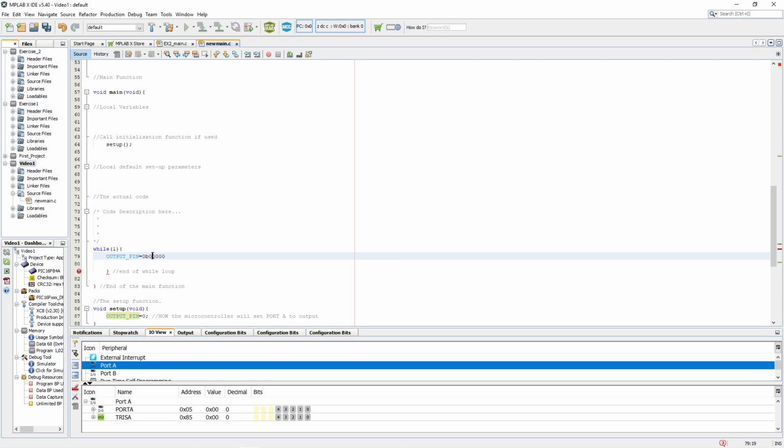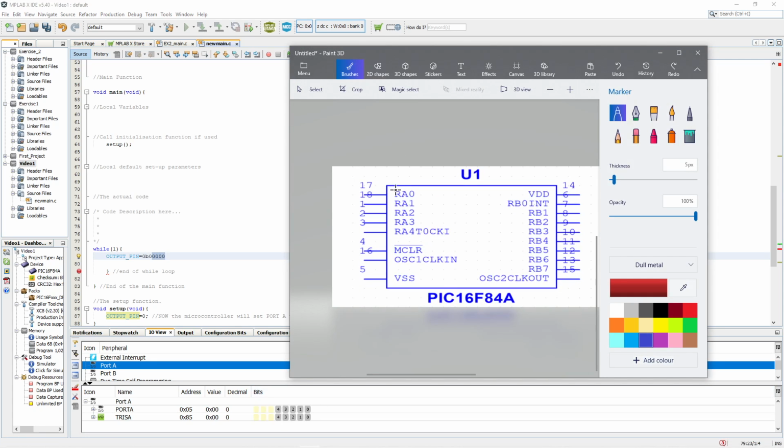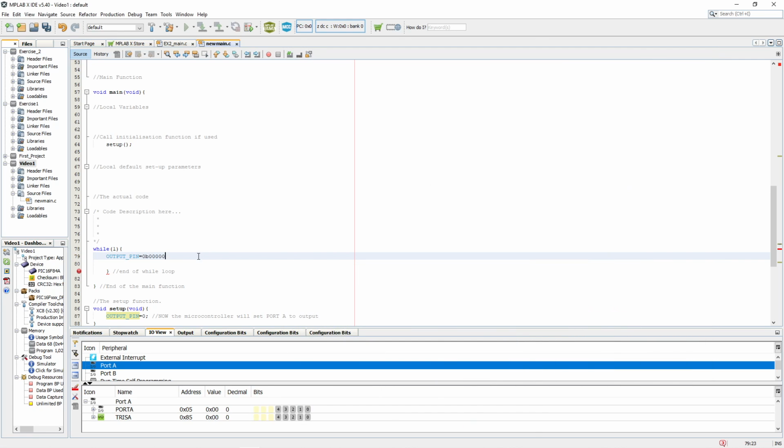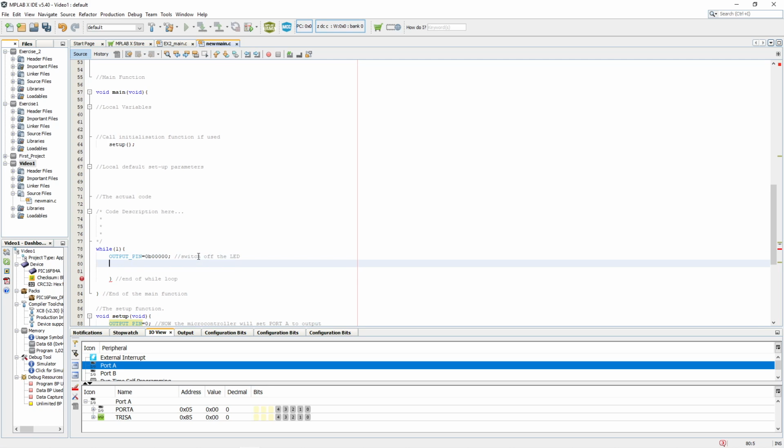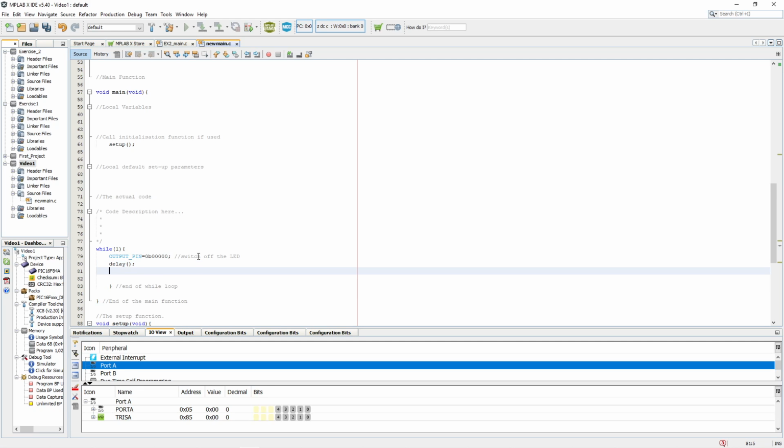So we used the 5 values that the ports have, the 5 ones that are here. Okay, so then close the semicolon, switch on, and no, switch off the LED. Now what we do here is we'll call the delay command, so we'll have a little break so we can actually see that it turned off. And then again we do the same thing,